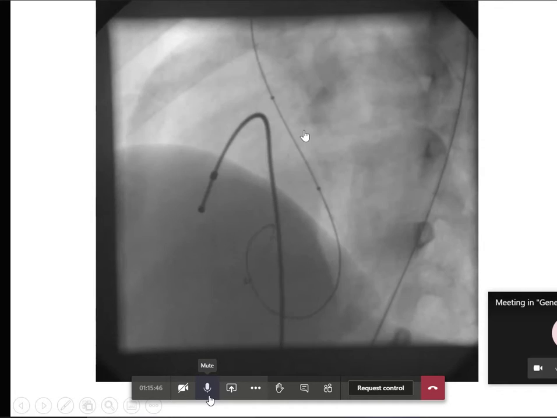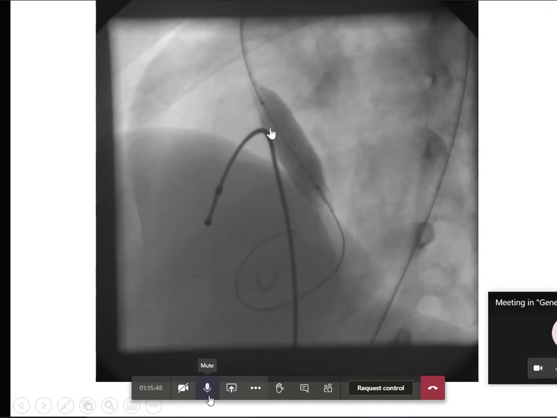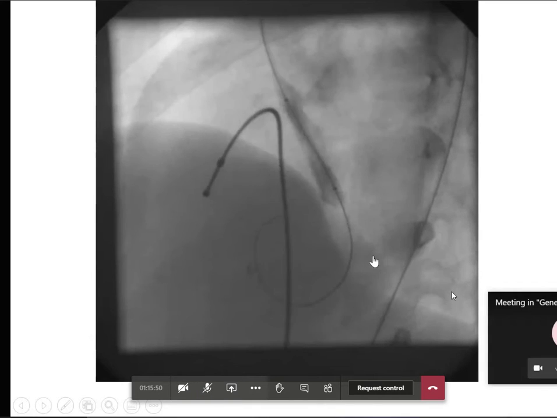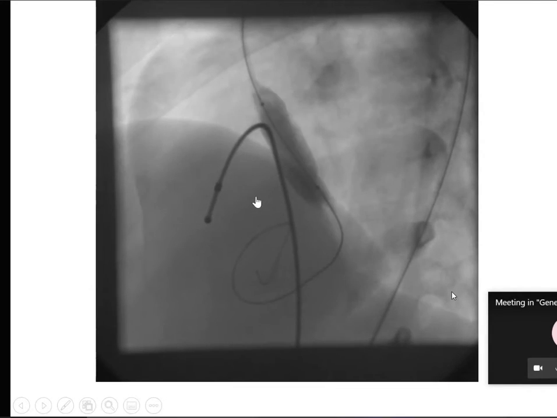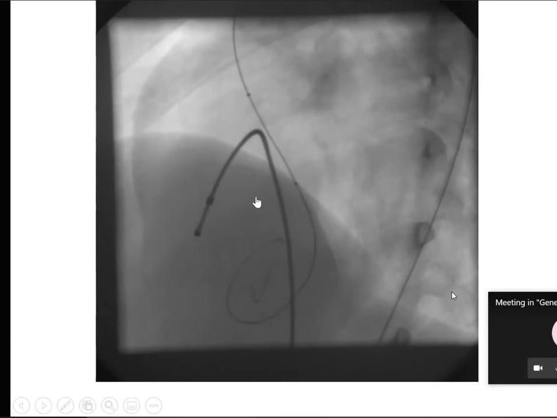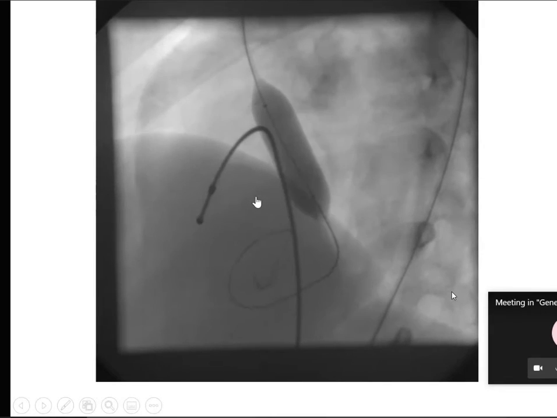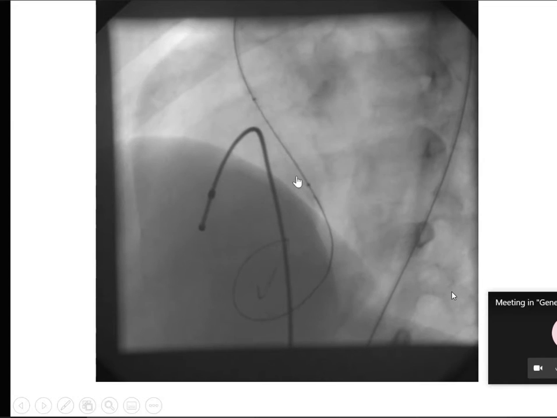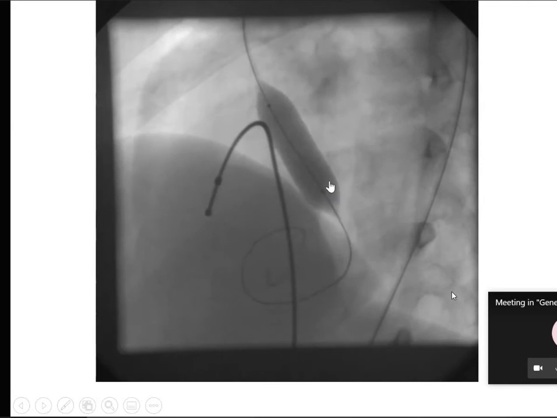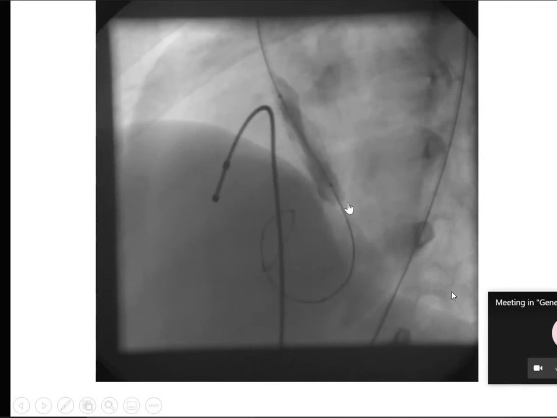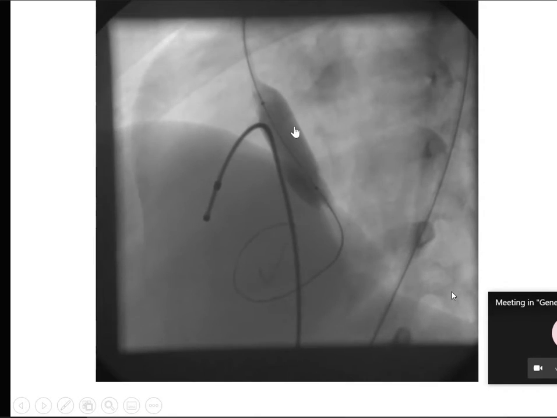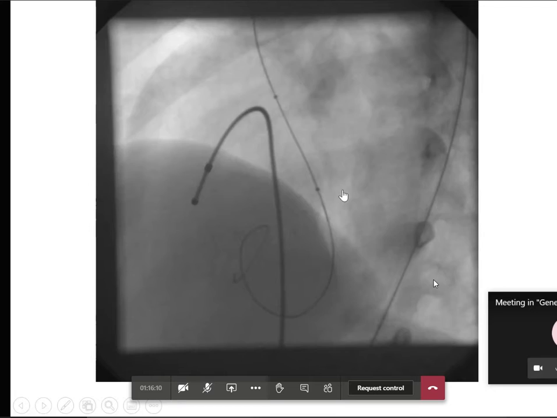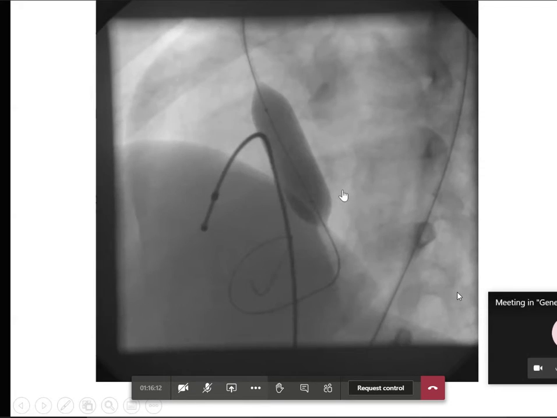Once the balloon is inflated, because of the volume in the LV, it will be pushed out. So to reduce the cardiac output, we pace the heart at a rate of around 180 beats per minute, so that the blood pressure will come down and the balloon will stay there. Otherwise the balloon can push out and tear the valve and damage the valve apparatus. So to prevent that, we pace. Both in BPV and BAV, we do the pacing.